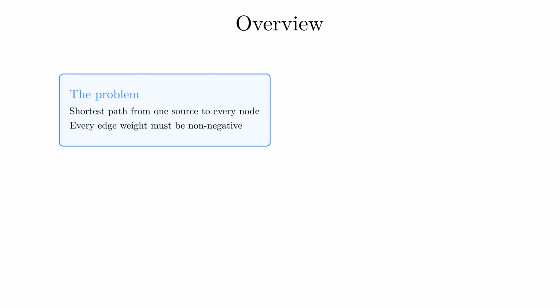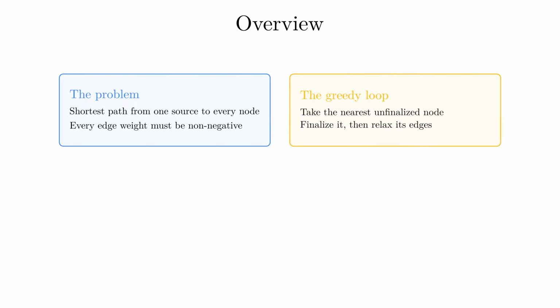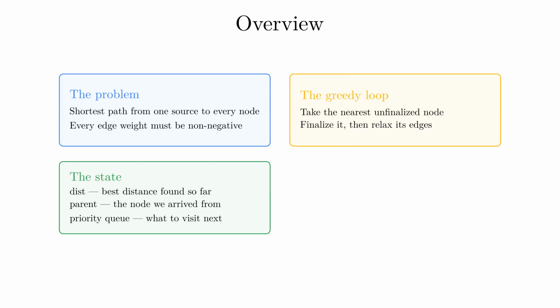Let us put the whole algorithm back together in one picture. Dijkstra's algorithm finds the shortest path from a single source to every other node, and it needs every edge weight to be non-negative. It works greedily. Repeatedly take the unfinalized node closest to the source, declare that distance final, and relax the edges leaving it. 3 pieces of state carry the whole algorithm: the distance array, the parent array, and the priority queue that decides